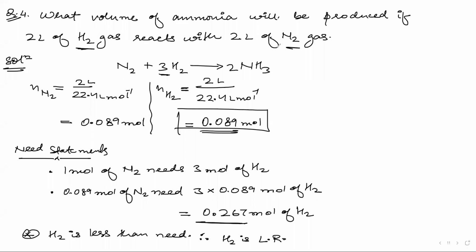I've got one answer. Okay, two answers. Omar is saying 0.299. Okay, approximately it is correct, Muhammad. Approximately it is correct. And Riba, yeah, that is the right answer for the number of moles. You just need to multiply it by 22.4 to get the number of liters, because you have been given H2 and N2 in liters. Okay.